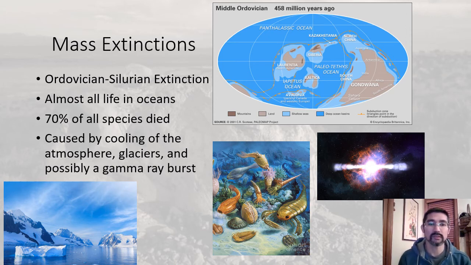So if this was an extinction that was caused by global cooling, then we would have lots of evidence of glaciers first and then animals dying off later. But in fact, what the fossil record shows is that animals died off very quickly,